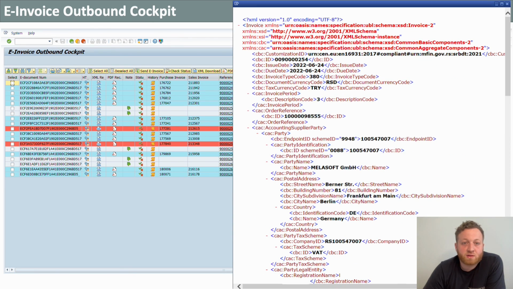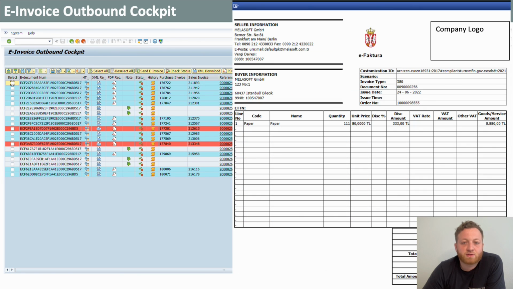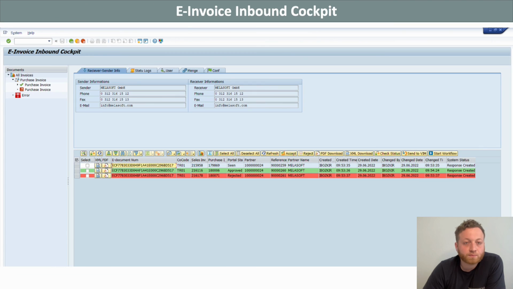And here's the format, the code for XML. And then this is basically an example of what an outgoing invoice in Serbia would look like. We can even put your company logo here. It'll show the date, the address, the amount of money, VAT, any relevant data that's required by the Serbian government.